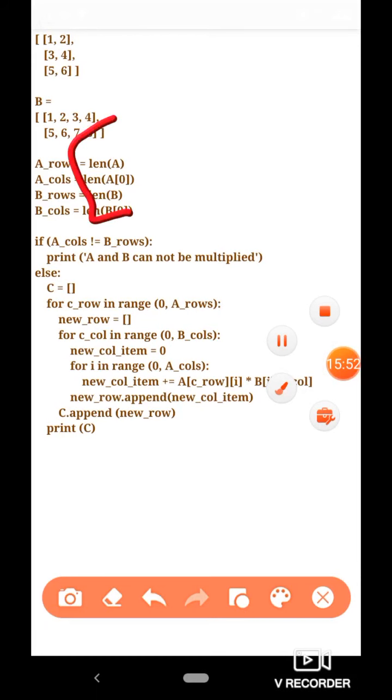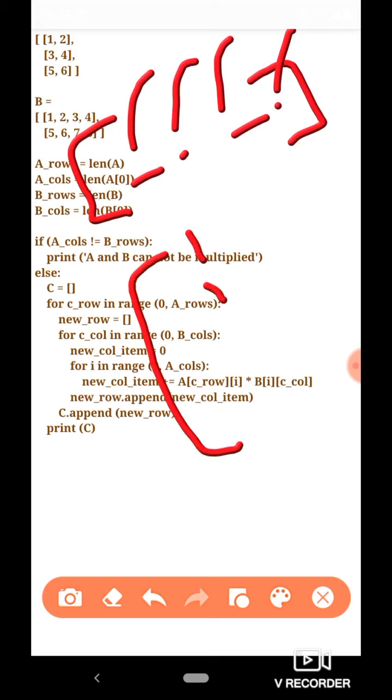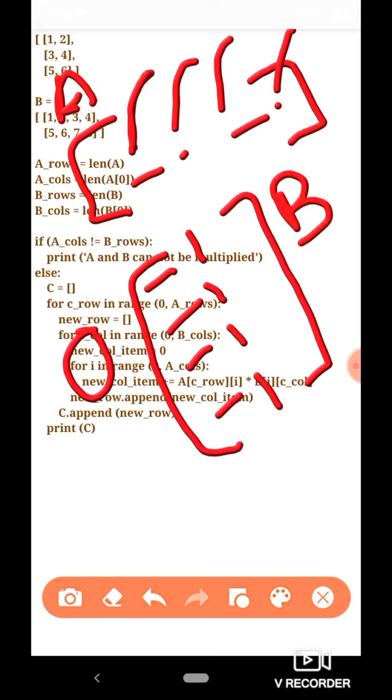We are talking about a particular row in matrix A. So I is going to give us the column number in that row of matrix A. Similarly, I is going to give us the row number of the column of matrix B which is being multiplied. I repeat again, the loop variable I is going to give us the column number for matrix A and the row number for matrix B for the particular row and column being multiplied.